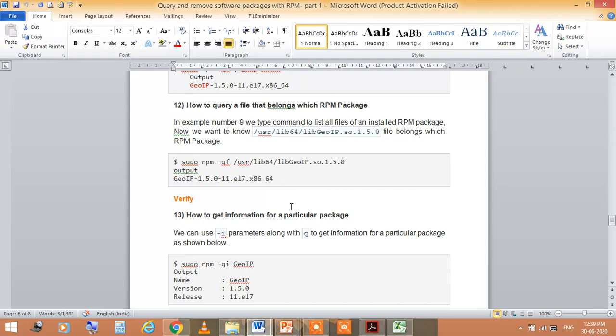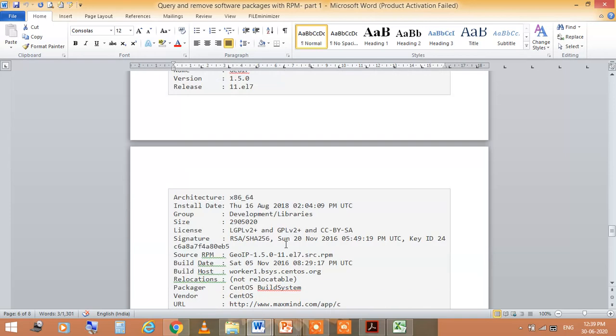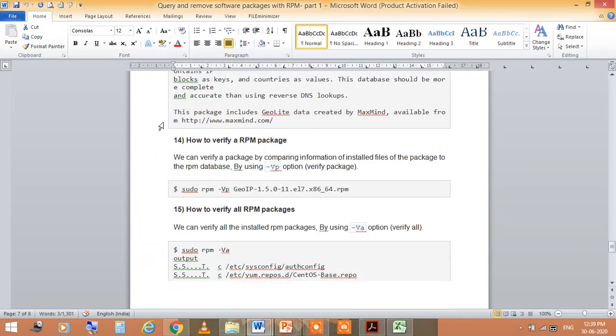Now next is the verify. In the verify, you use the -i parameter along with -q to get the information for a particular package. So you will get all the information regarding that package. Now the next is how to verify an RPM package.